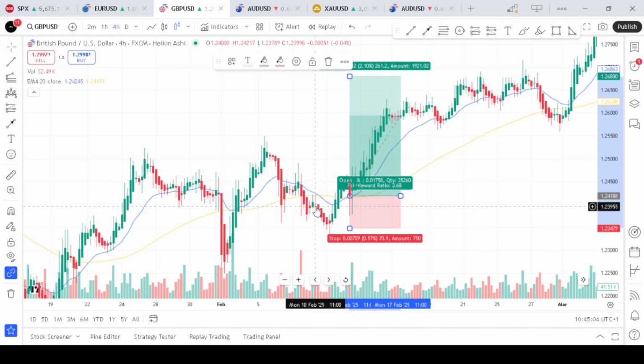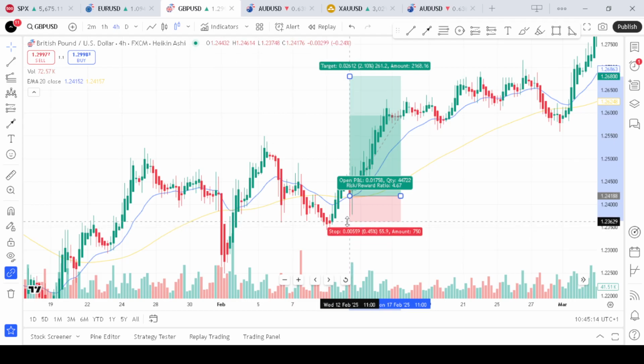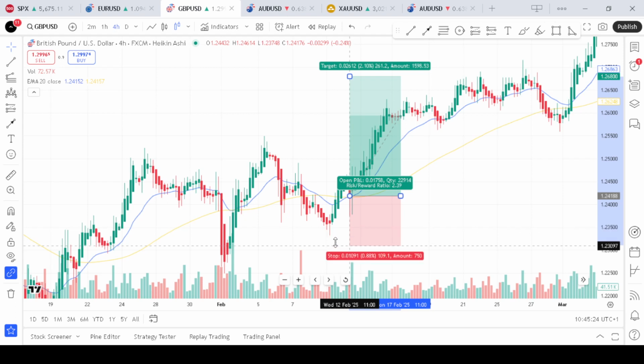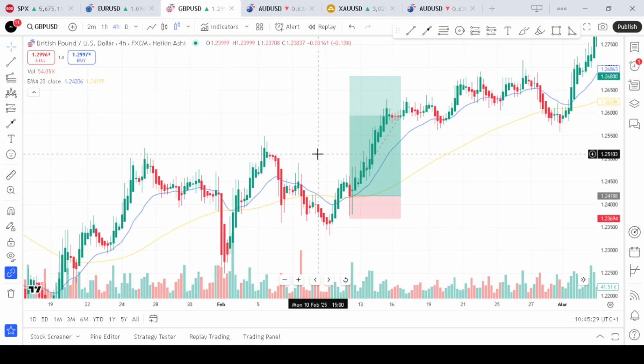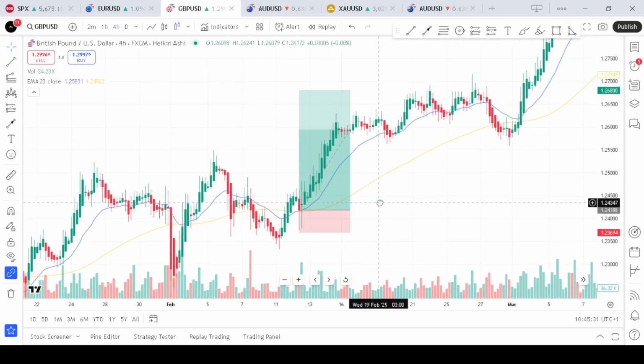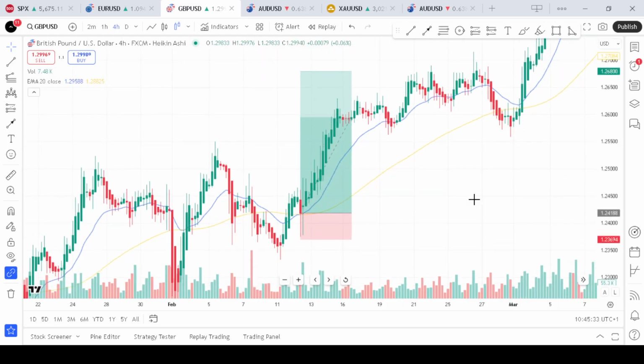Our stop loss should be placed systematically or strategically. You can use the previous low, or the lowest point where the candle reversed from, to set your stop loss. You can also use the average true range to set your stop loss. This helps us to protect our trade from unexpected market movement. So setting my stop loss at this previous low or below the EMA is a good spot to give the